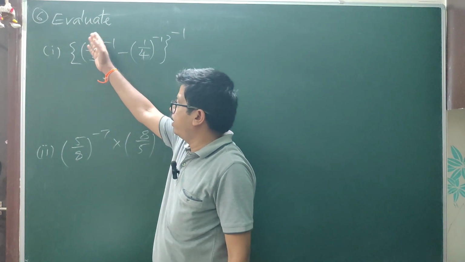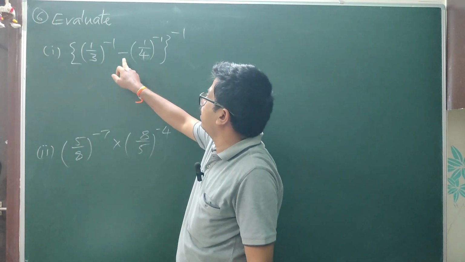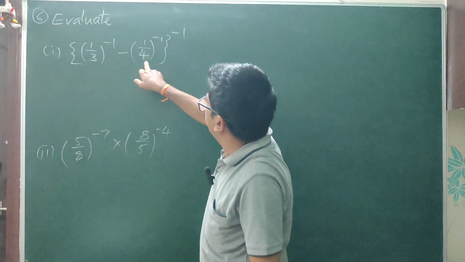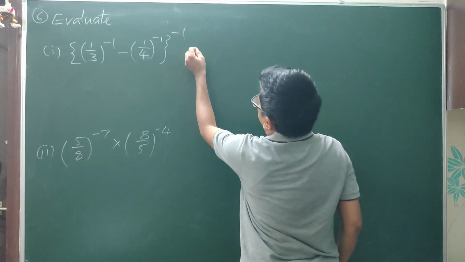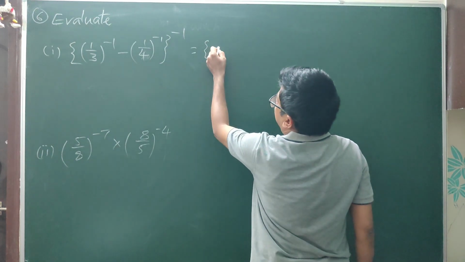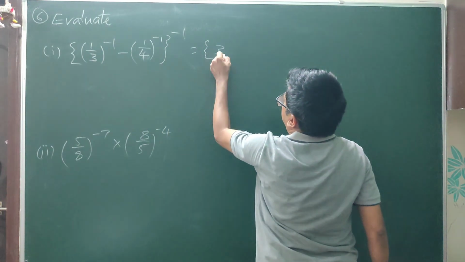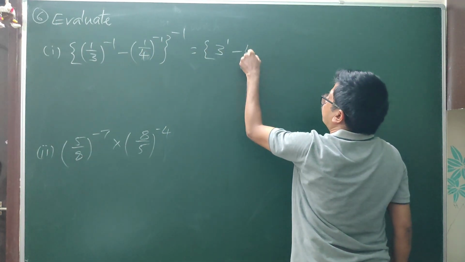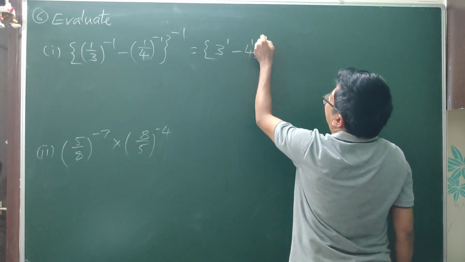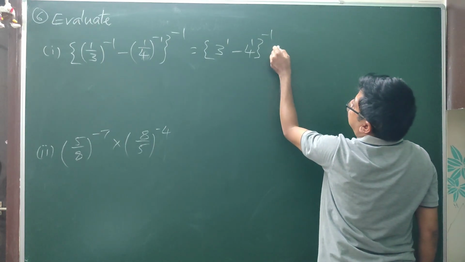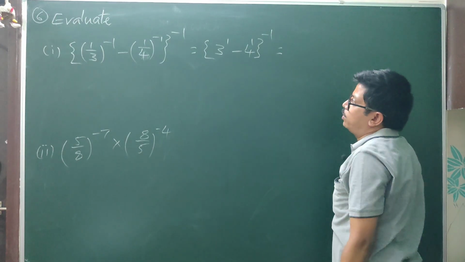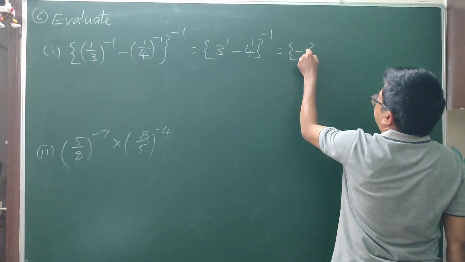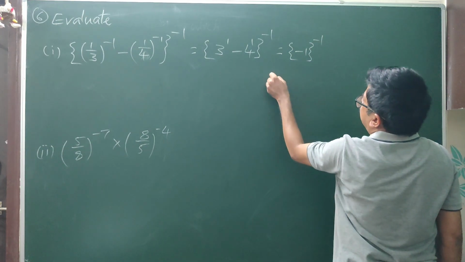Now, sixth one, evaluate. First question: (1/3)^(-1) minus [(1/4)^(-1)], both kept in floor brackets, whole power minus 1. This equals simply (1/3)^(-1), which is 3^1, minus (1/4)^(-1), which is 4^1, whole power minus 1. That is equal to (3 minus 4)^(-1), which equals